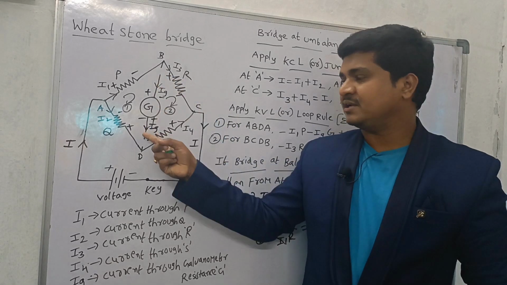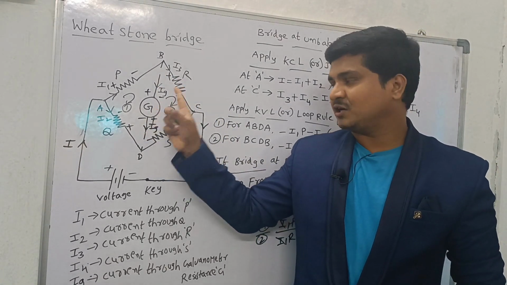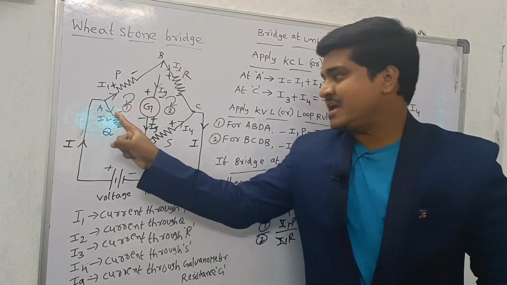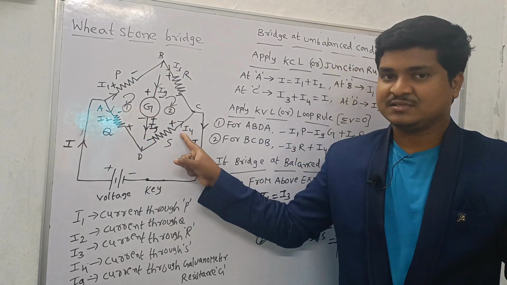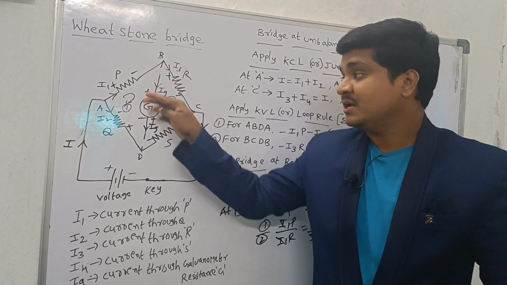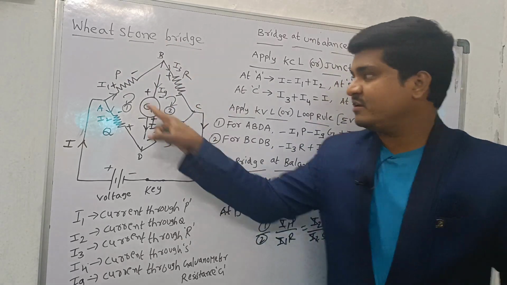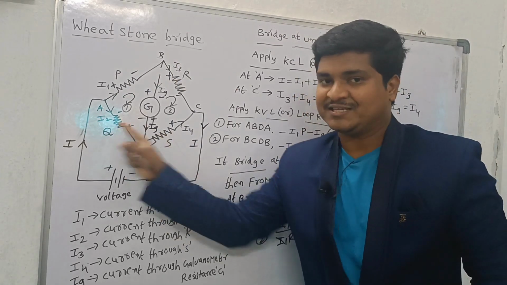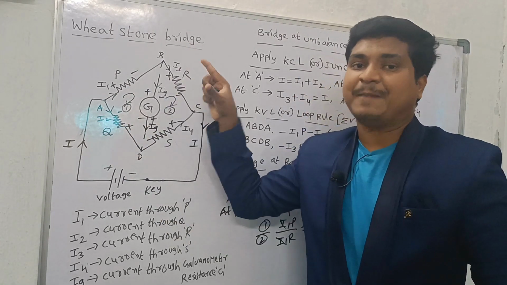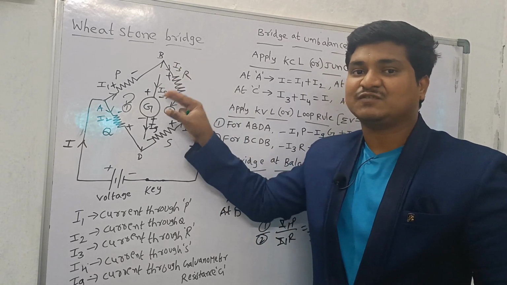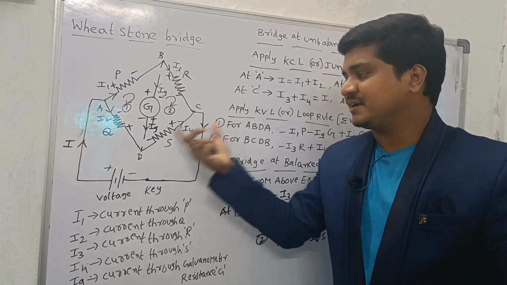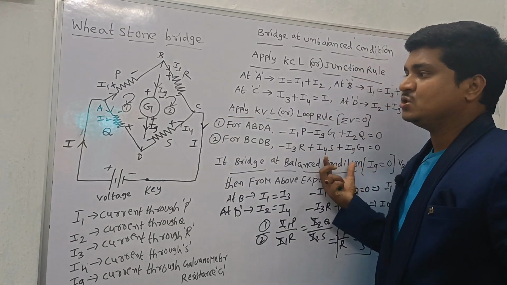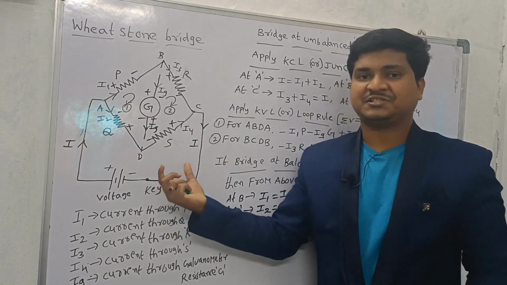So this is also the required condition for the bridge at balanced condition: P by Q is equal to R by S. If the galvanometer shows null deflection, or zero current flows through the galvanometer, then the same current will flow through P and R, and the same current will flow through Q and S. If the same current is flowing through different resistors, they are in series combination. That's why you can apply the series combination of P and R, and here also the series combination of Q and S. You will get the resultant resistances, which are in parallel, so you will get the equivalent resistance for the parallel combination.